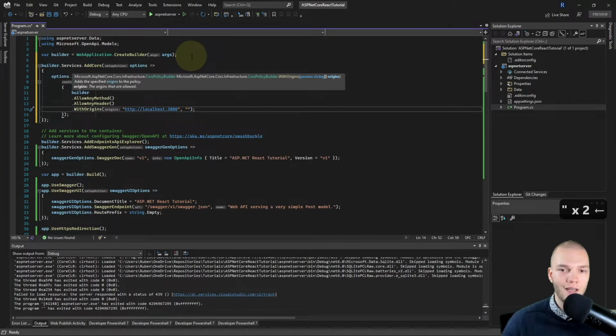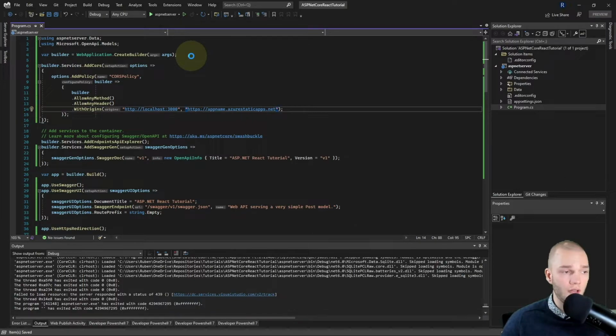And I'll also add kind of a placeholder one for our React app when it's running in Azure later on. So that's going to be https://, then I'll do appname.azurestaticapps.net. Okay, so now we've added the CORS policy.